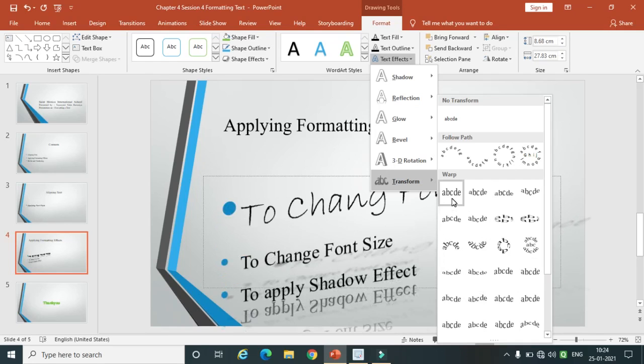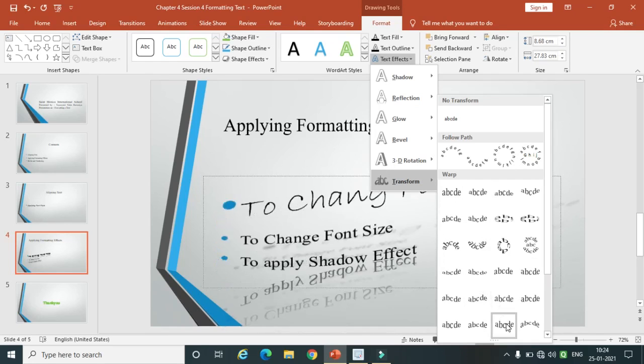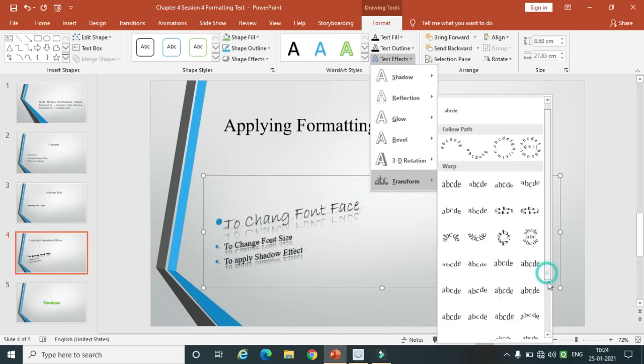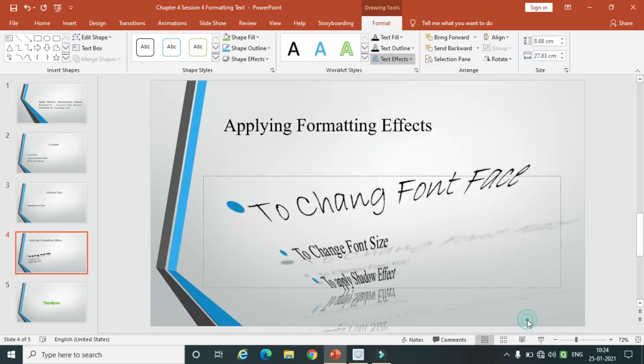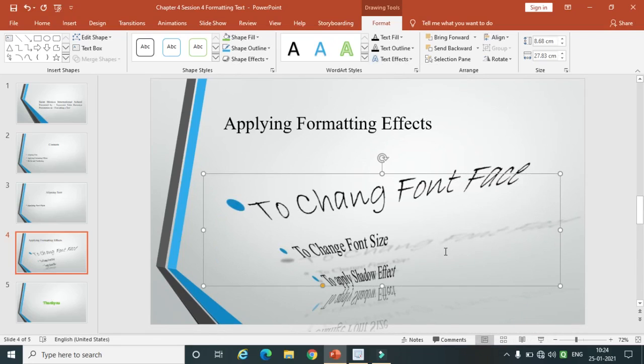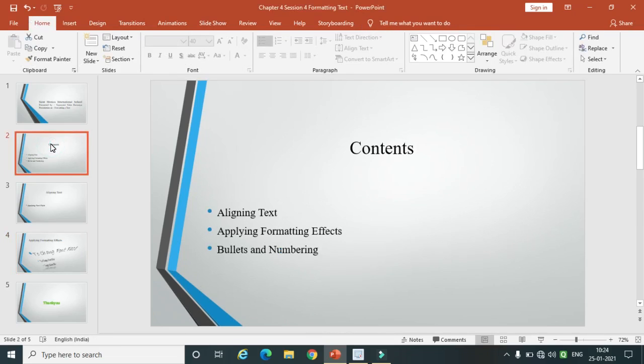Whichever transform effect you like, you can access it, and the formatting effect will be applied on your text. So guys, in this session we have learned how to align text and how to apply formatting effects.